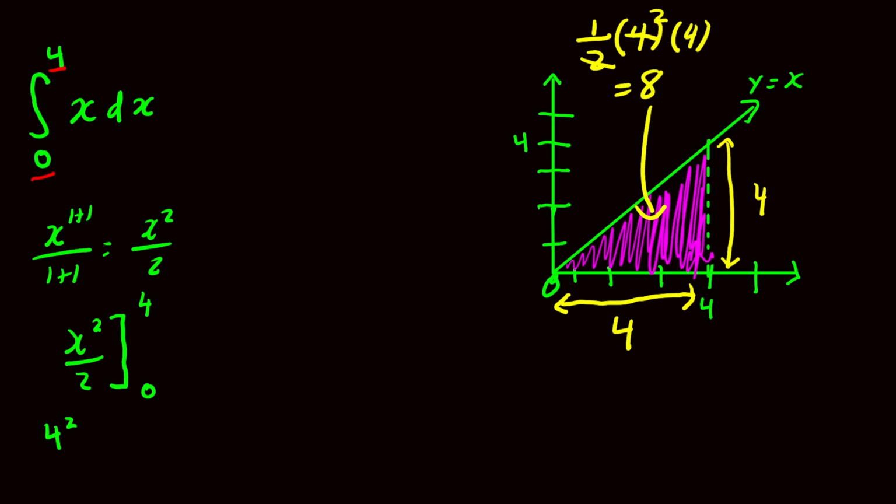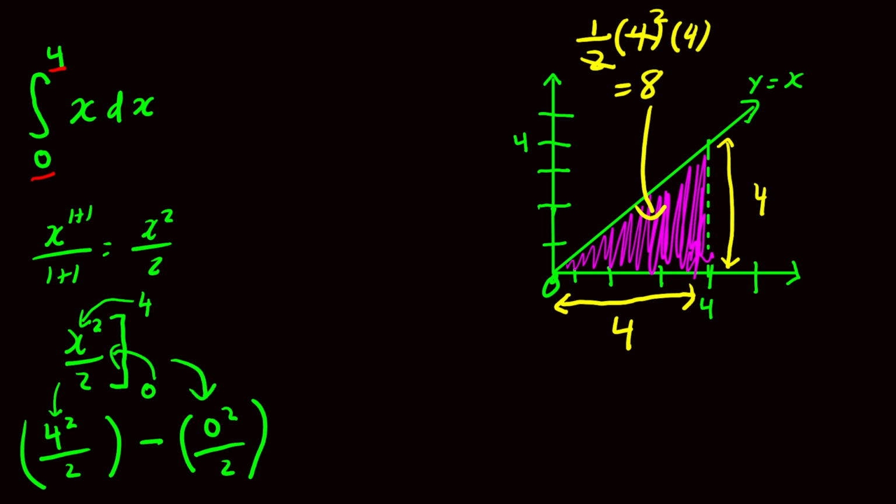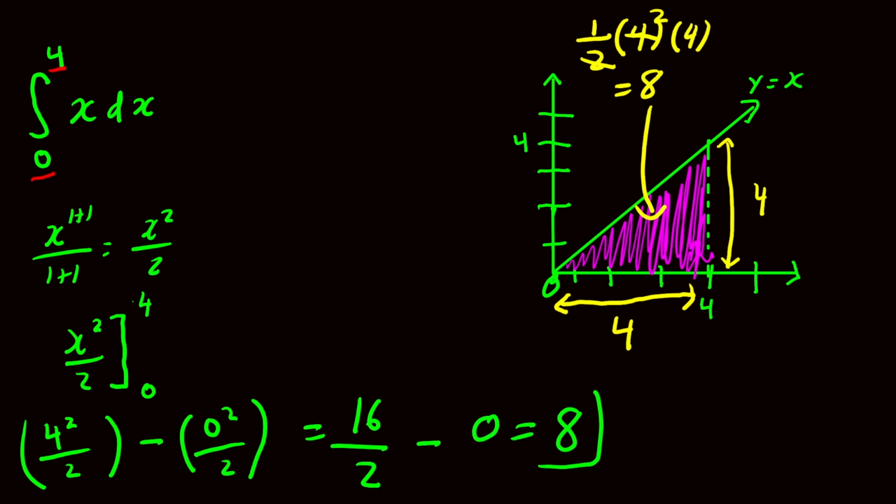So 4 squared over 2 minus 0 squared over 2. What you're doing is basically subtracting the y values of the antiderivative at the bounds. So we plug this in first, we get that, and then we plug this in, we get this. So let's solve that. We get 16 over 2 minus 0 over 2, which is just 0. We get 8. And that matches up with our 8 up here,